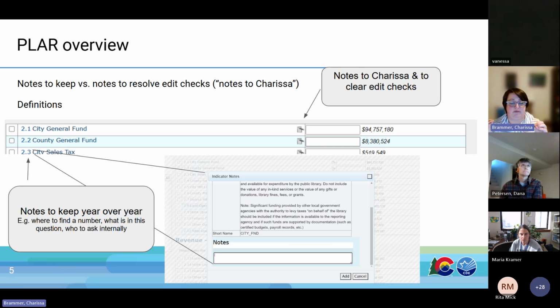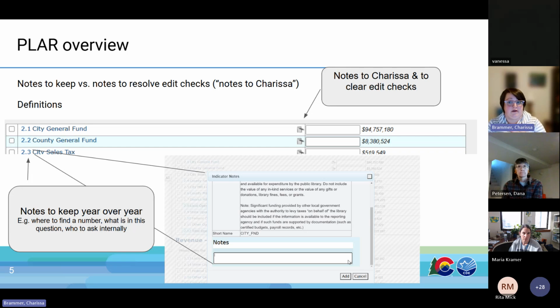There's also, the notes are kind of weird, and I keep these in my mind as two different things. When you're in Counting Opinions and you want to keep a note that lasts year over year for you, you click on the number here and this will pop up, and you scroll to the bottom. Definitions are at the top, notes are at the bottom.